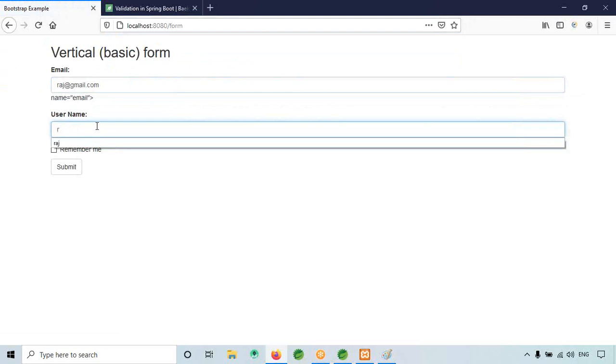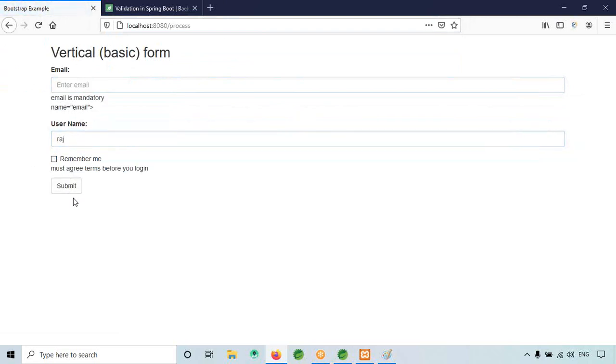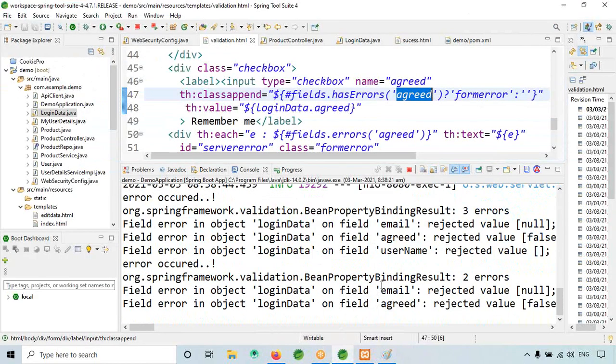Okay, Raj. So I will give this. Click on submit. Oh, there is some error. Huh? Let me check. What is that error? Rejected value false.